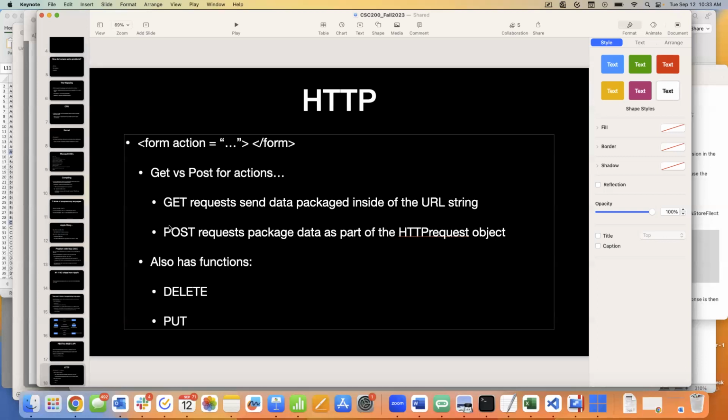So for instance, if I say update my password with a put, it might come back and give me a password successfully reset or something like that. It gives feedback to your program that lets you know whether everything went to plan or didn't. So in any case, RESTful APIs support these 4 types of communication: get, post, delete, and put.